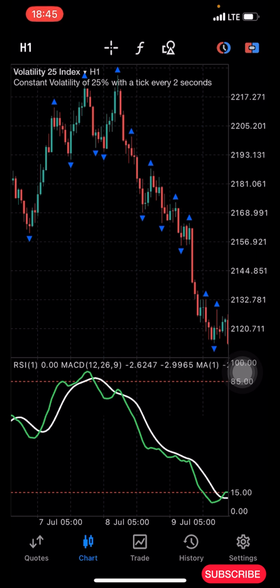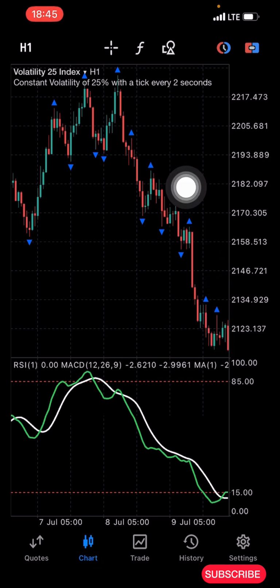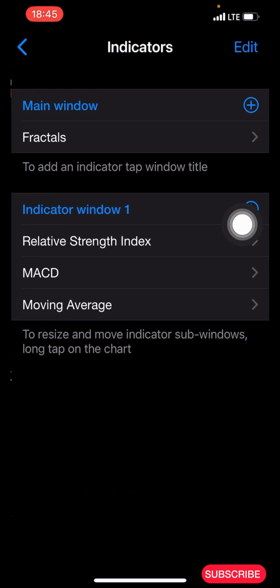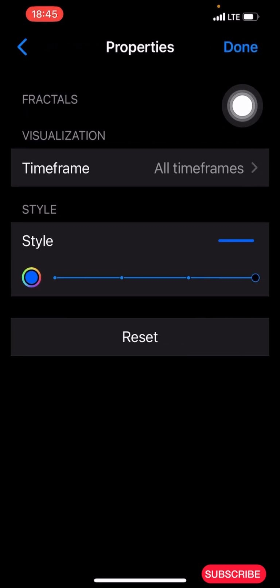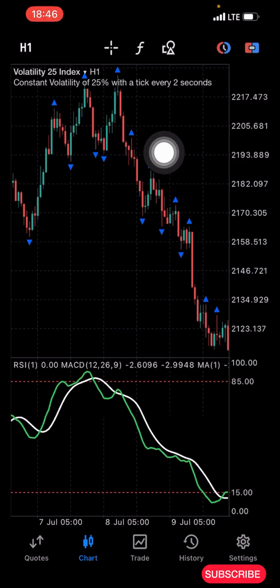The first thing we have to do here is to click on this F icon. After clicking on that, we are going to be adding our fractals, which is the first indicator here. You click on this and you search for fractal. For the fractal, you can use the default setting, or you can make some changes just like I did here. After doing that, you click on done, and we are going to have this small dot here